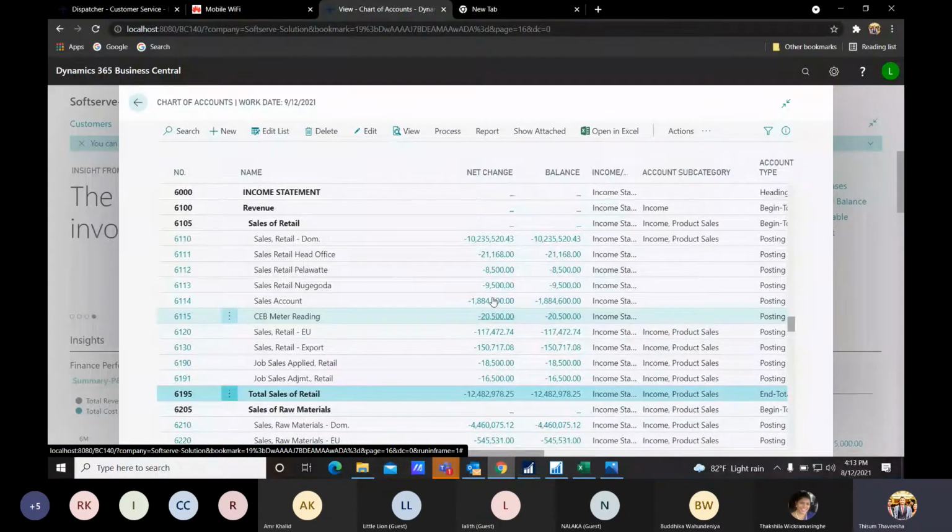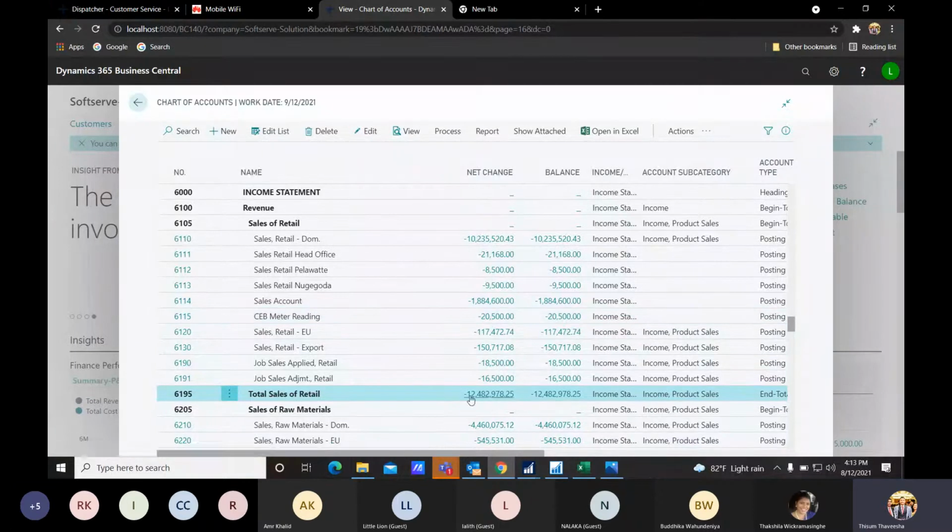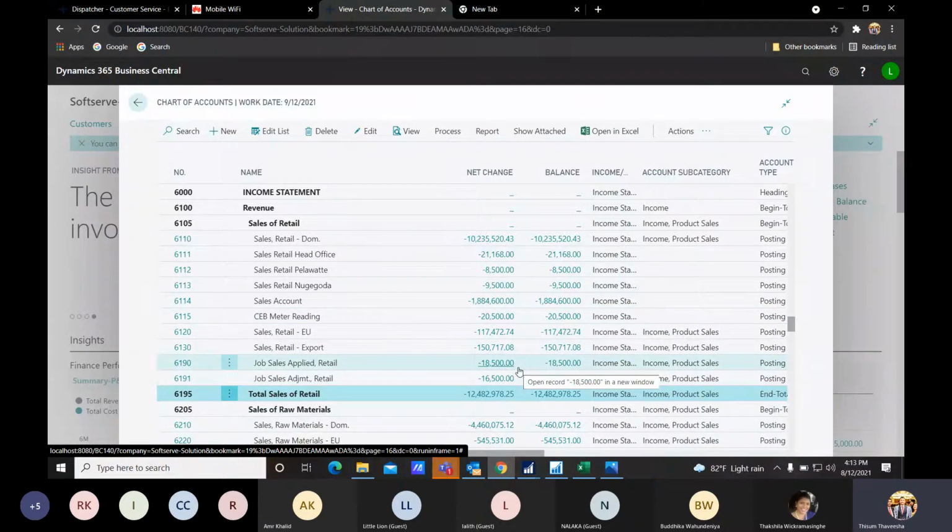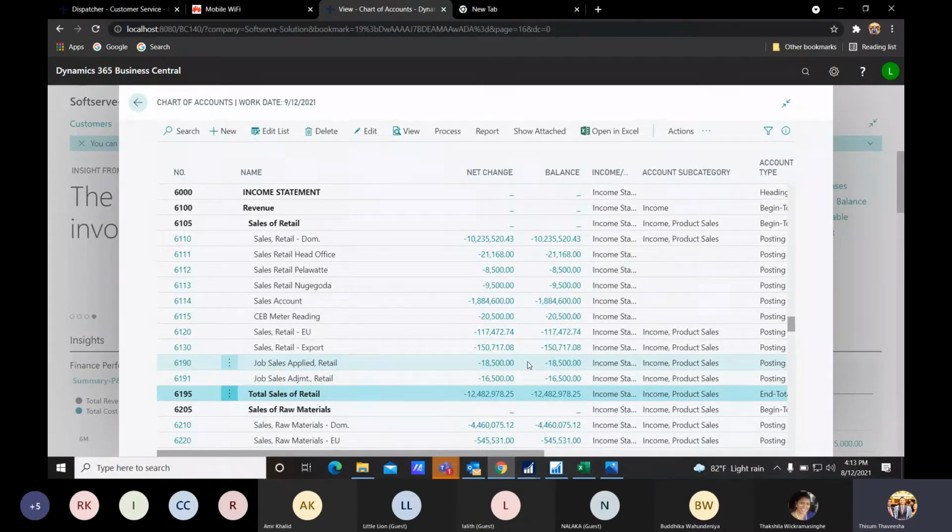So this would be discussed in detail in our future webinar sessions. Okay, so I will give you a complete overview of this chart of accounts today. Right. So all these posting accounts are the accounts which will have a value directed from the sub ledgers, customers, items, vendors, whereas others are totaling accounts for the posting accounts. Right. So according to the customer requirements, we can prepare the chart of accounts as per the Dynamics requirement. So if you give us your chart of accounts, we will prepare it.